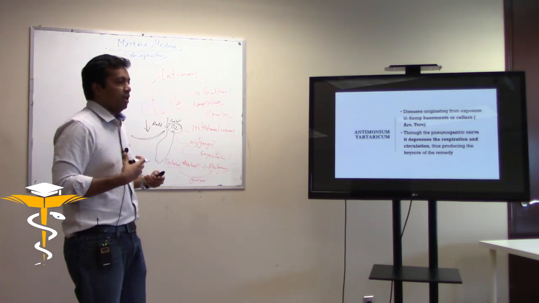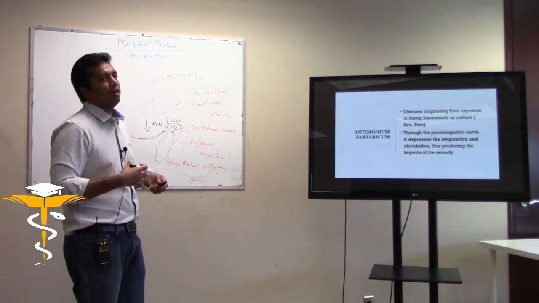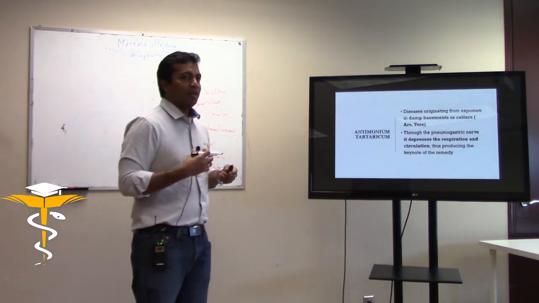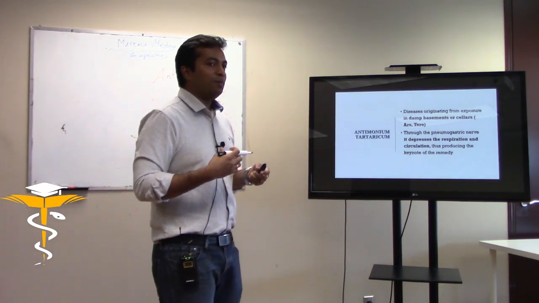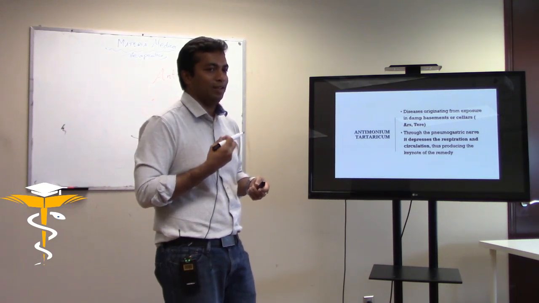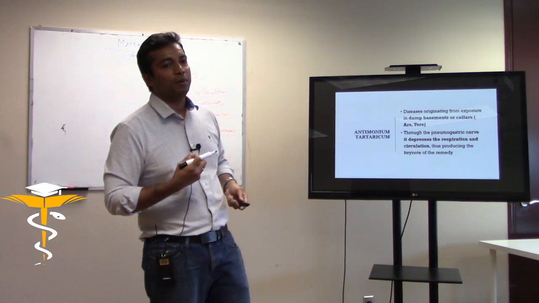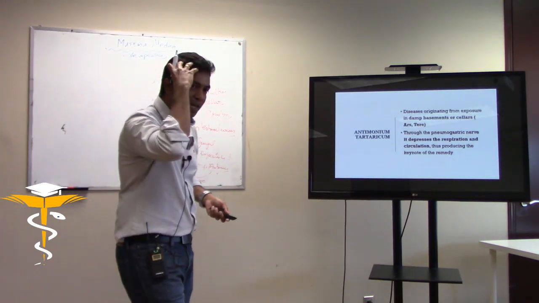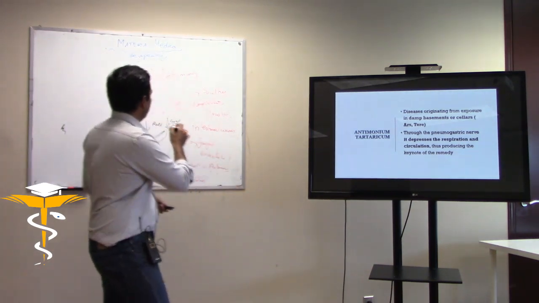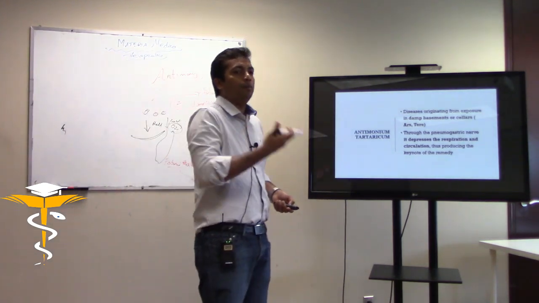His respiration will be sulky even in the respiration, right? But in that slowness of the breathing, when he coughs, it will not be like this. It will be gul gul. There will be a lot of phlegm inside. This is where antimonium tart will come into picture. Sulkiness of the mind, sulkiness of the chest, and there will be a rattling in the chest. You already have the three legs present now, but still we need to confirm the remedy more with the patient.